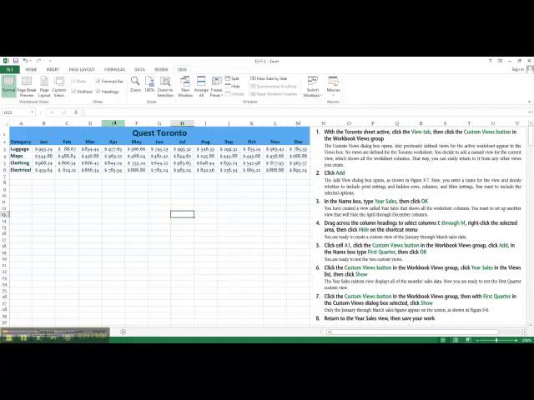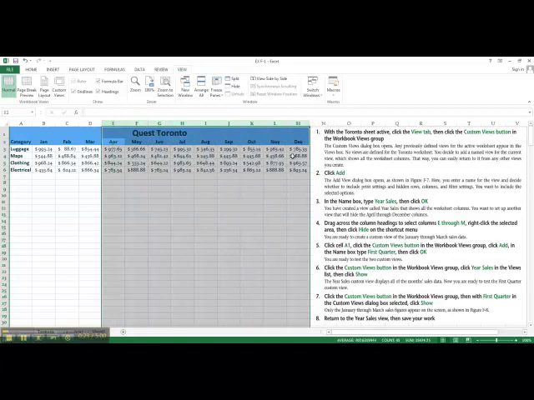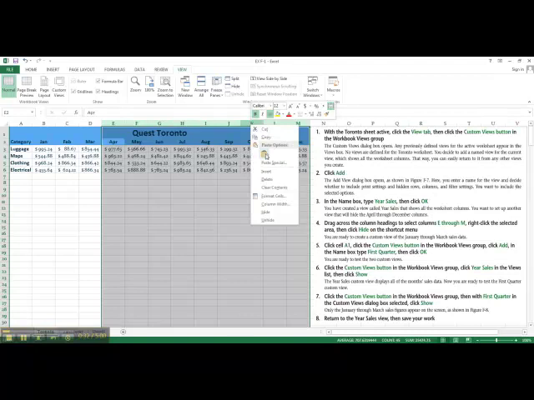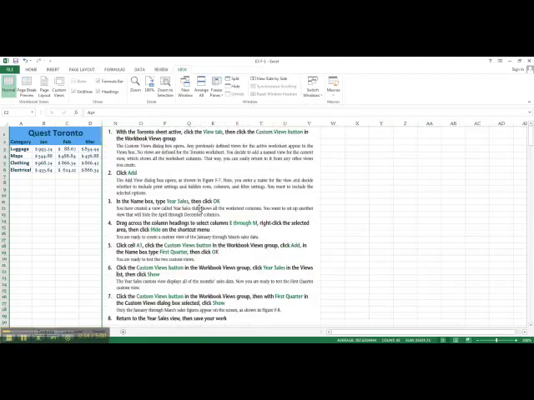Now let's drag across the column headings to select columns E through M. Right-click the selected area and then click Hide on the shortcut menu. Go ahead and click cell A1